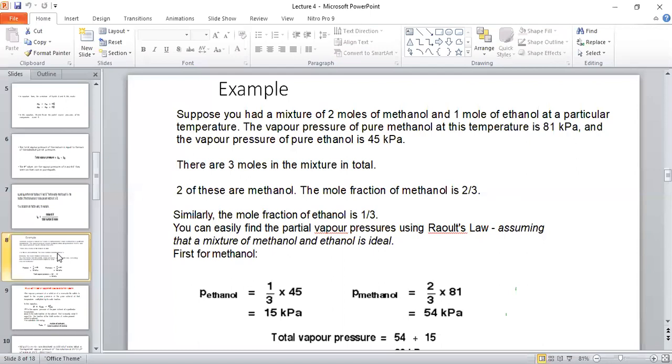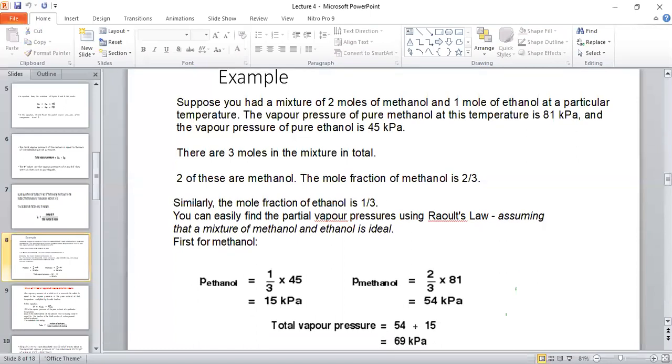You do the same for methanol, and you have the partial pressure as 54 kilopascal. And so the total vapor pressure of that mixture is P ethanol plus P methanol, which is 15 plus 54, that gives you 69 kilopascal. So this is how you can calculate the